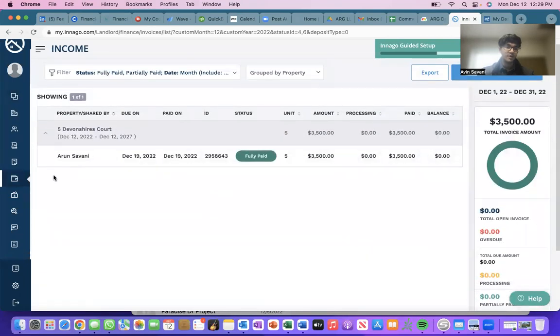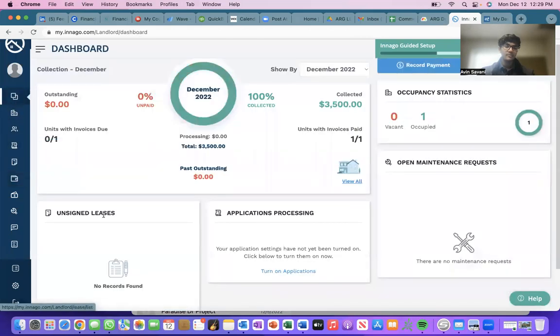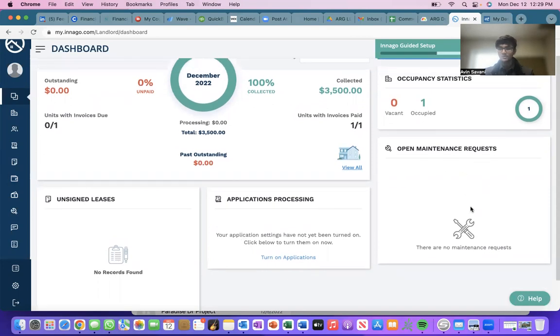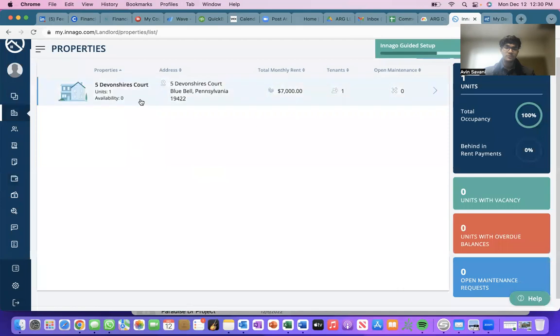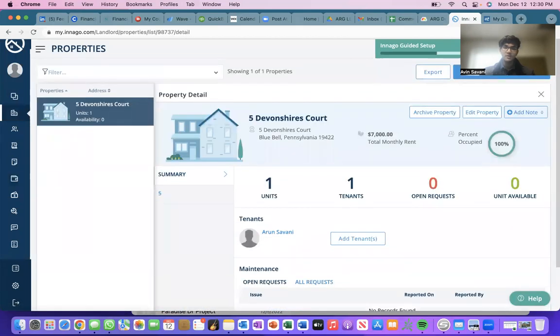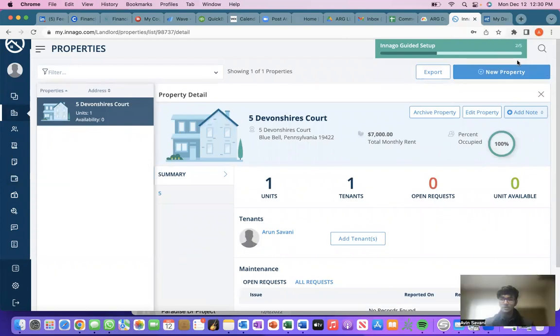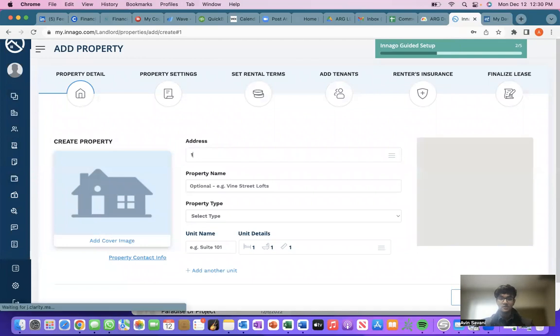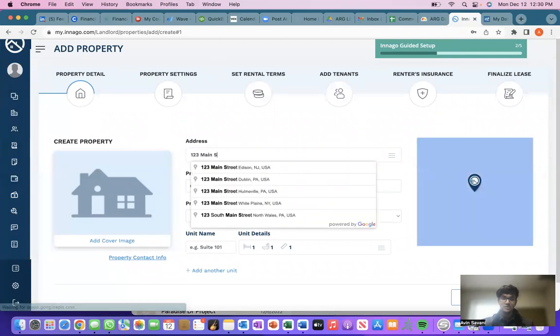I just added a sample property here, but you also have your unsigned leases that are on this first page, any applications that you need to process through or approve, and then open maintenance requests associated with the properties, right? So all of your properties will be labeled out here. And actually, we're just going to add a sample property, just so I can show you guys what this process is, right? So let's just do 123 Main Street,